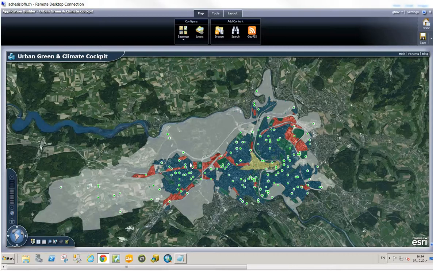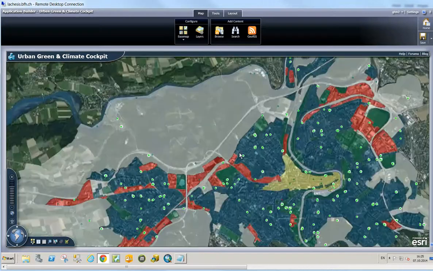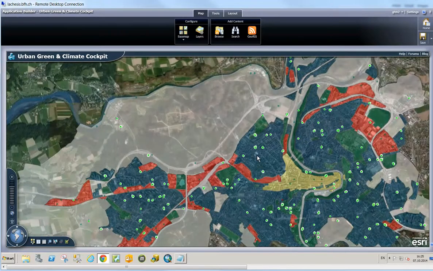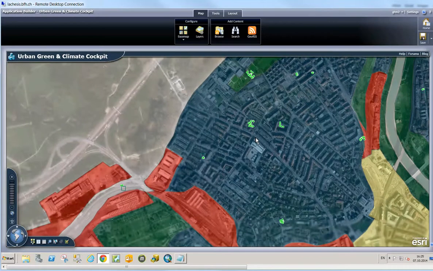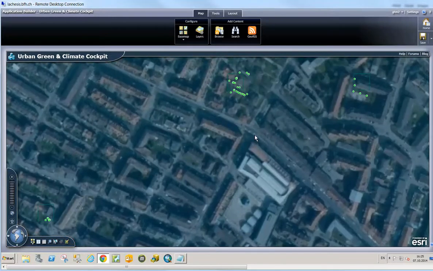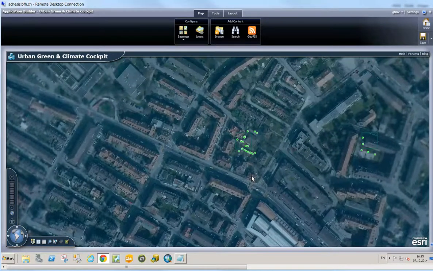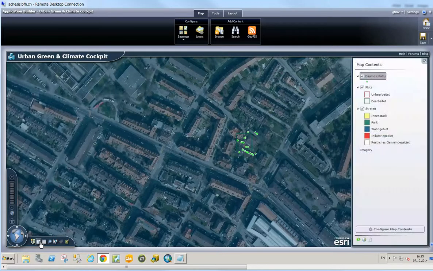It was used in the initial phases within the framework of Matthias Neuner's master's thesis, and he used the city of Bern. He made plots in the city of Bern, which are random plots. So if I zoom in a bit to the city, then you will see these green, let me just switch off the